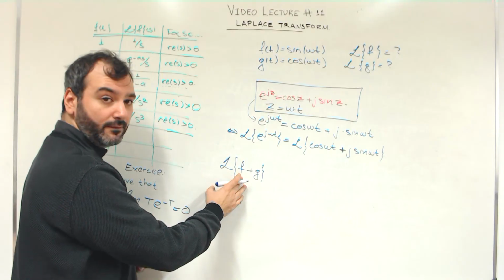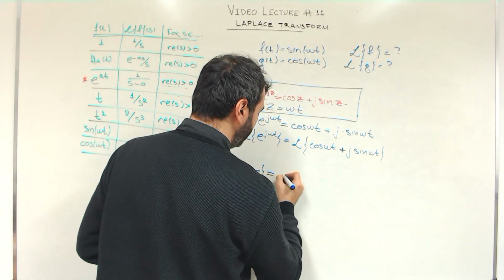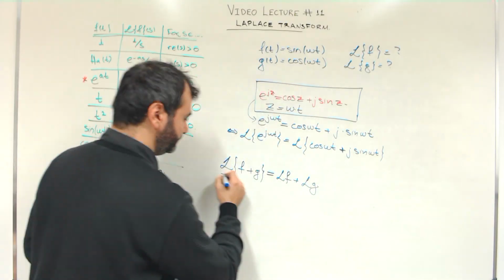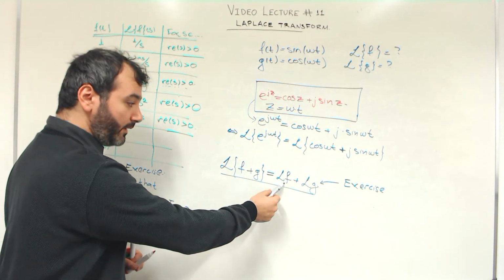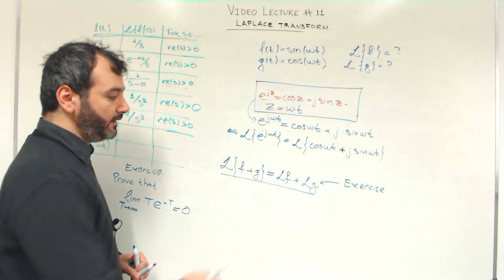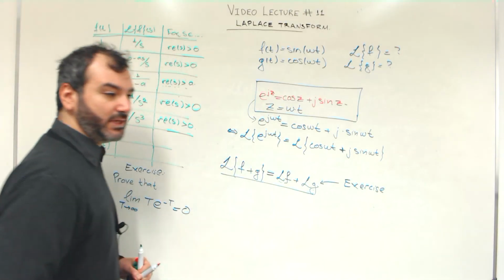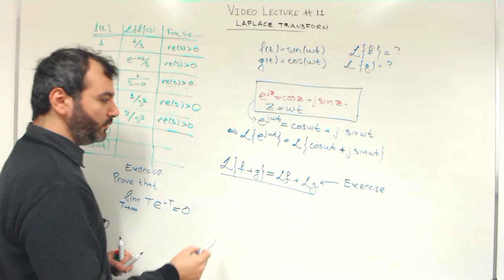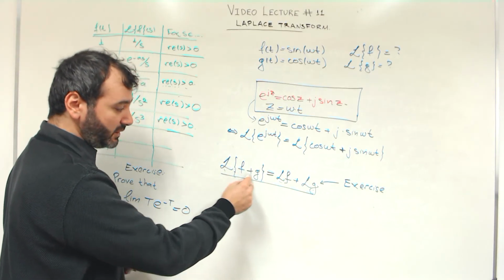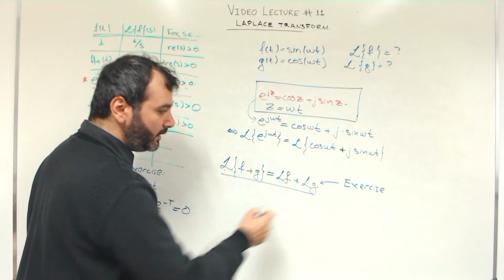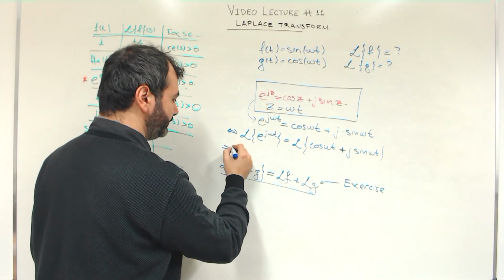We can show, actually you can do that very, very easily, that if function f and function g have a Laplace transform, then we can do the following. This is an exercise. If both f and g have a Laplace transform, so if L f and L g are well defined, then we can apply the Laplace transform, or the Laplace transform of the sum is the sum of the Laplace transforms. So equivalently,